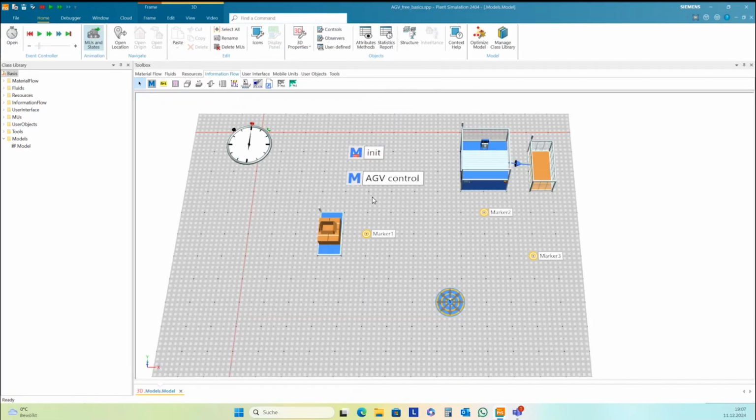And so we can program one loop for the AGV here in this AGV control. At the end of the AGV control, we call the AGV control itself so that we have a closed loop.